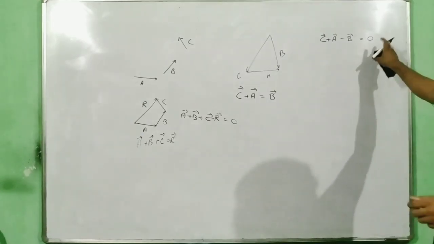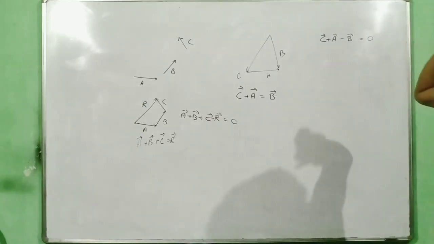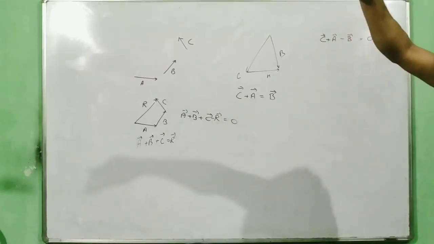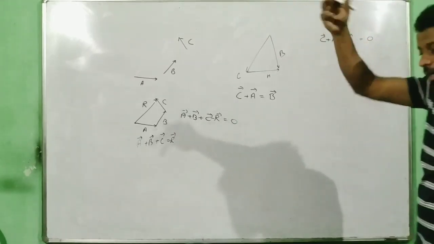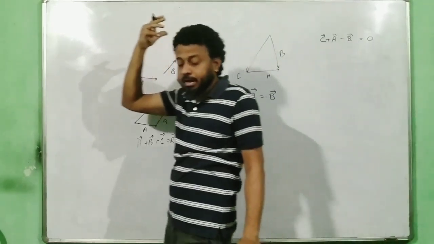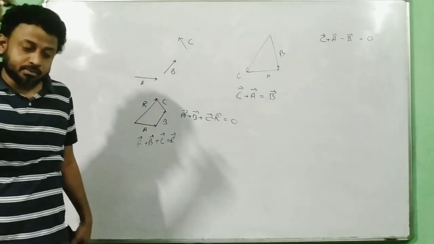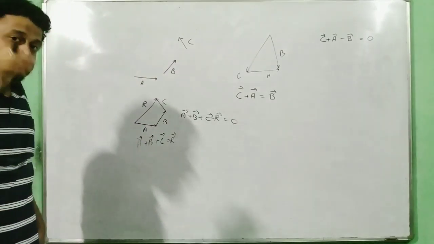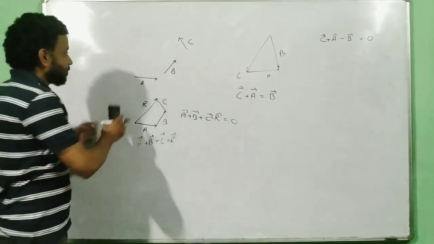Whenever you have a confusion, use this. I always prefer to use this when I have confusion. What is happening, I don't know. I just start from one point and I will just come back to the same point. Whatever comes tail head format, I will keep added up. And the moment I encounter the reverse order, I will just put a minus sign. But at the end, equal to 0.